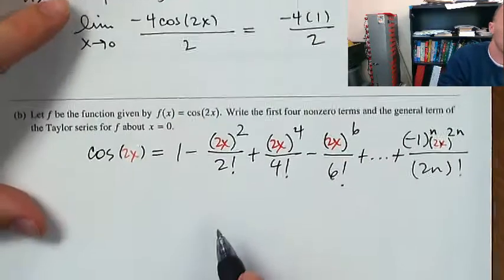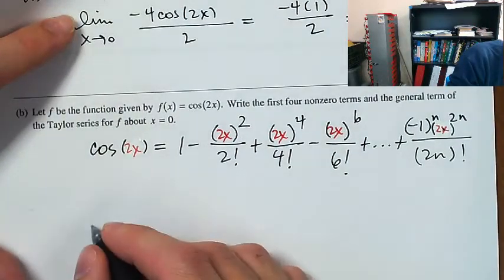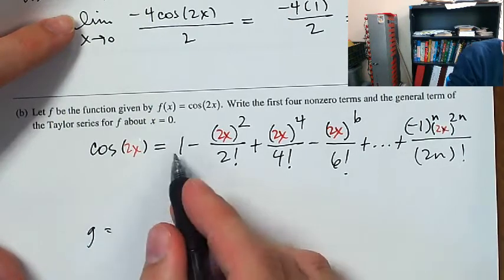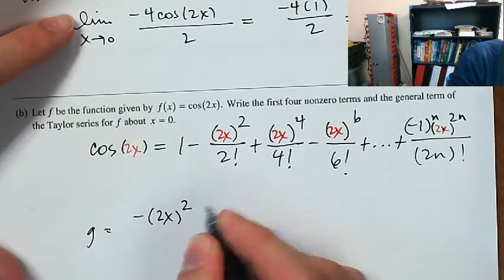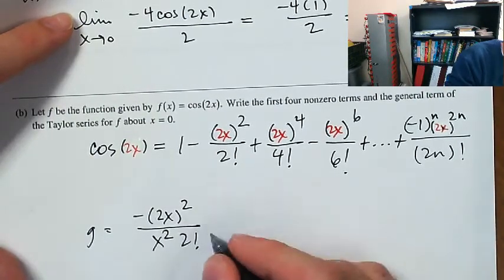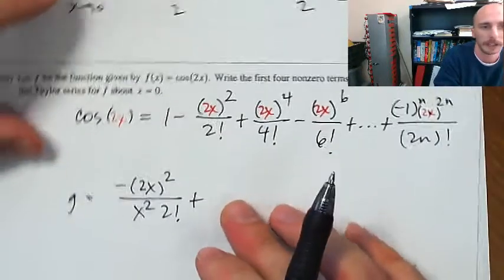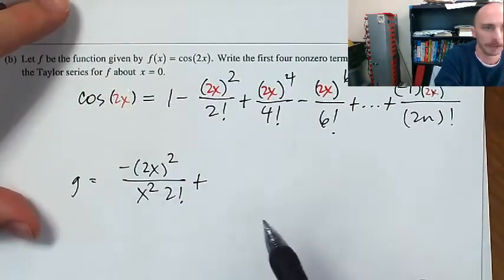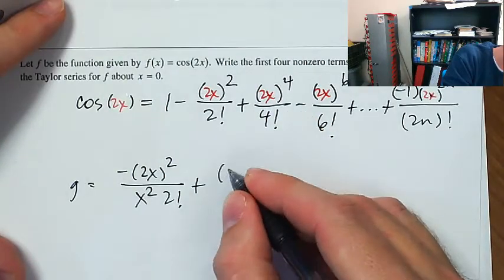All right, so I'm going to say cosine of 2x minus 1 over x squared is going to be equal to, all right, so what's going to happen is, okay, I'm going to lose the 1, and I'll have negative 2x squared, but I'm going to have to divide by x squared. And I'm telling you, we don't need to run the interval of convergence for this thing or anything, do we? Okay. We're not going to just leave it unsimplified, that's going to be the way to go. Okay, so plus 2x to the 4th